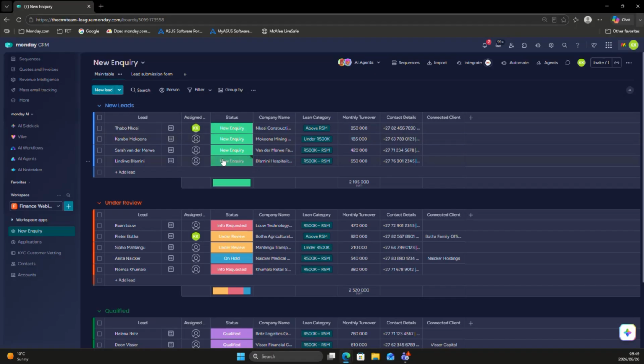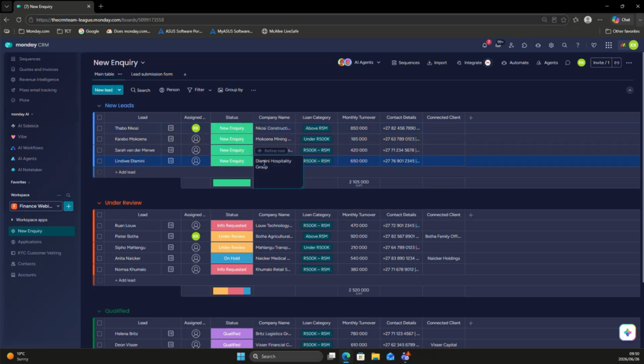Then we have a status column. I would say status columns are probably one of the most used column types within Monday.com boards. It's a really nice way, especially in a workflow, to track that item against the various different phases that it's in, so where it's sitting in that process. A status can also be used as a categorization. So if there is a specific type of category that this item would fall under, you can also create a status column for that. Then we've got a free text column over here,